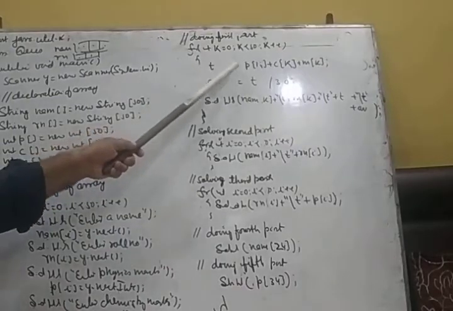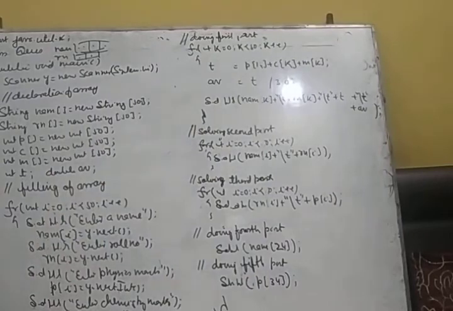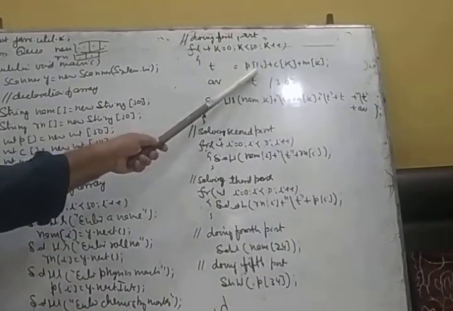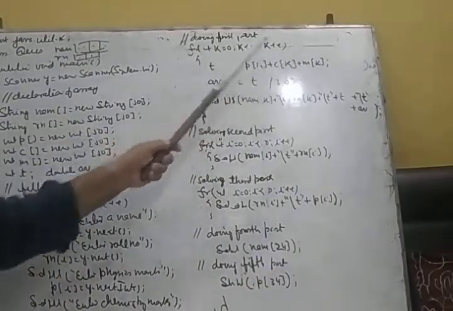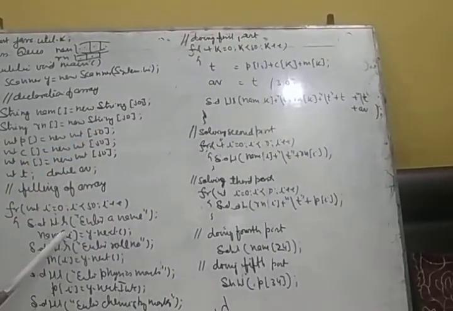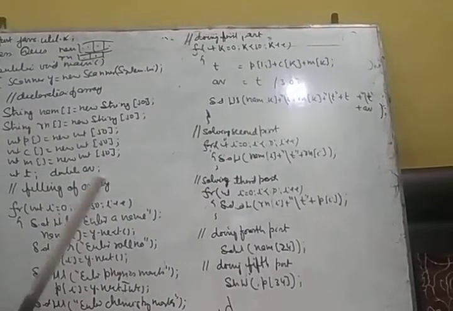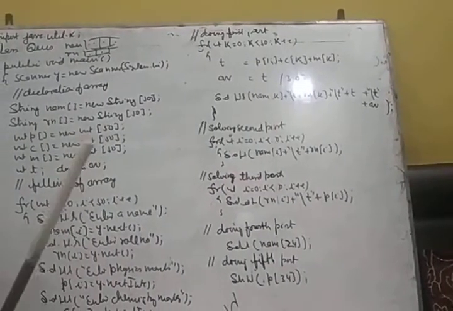When k was 0, I have called the value of P of 0, C of 0, M of 0. You have filled the values. Now you are calling those values P of k, C of k, M of k. So the value of k is 0. You will say that the values are being entered in I, NAM of I, not in k. So we don't have any relation with I and k.